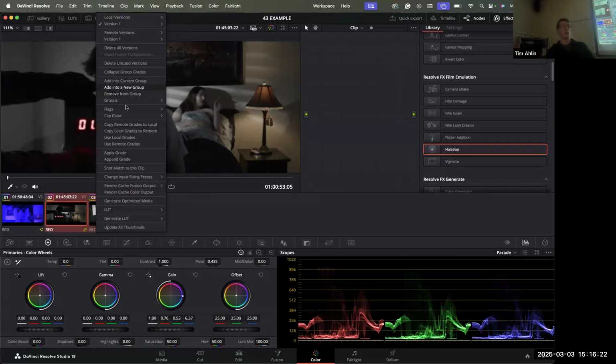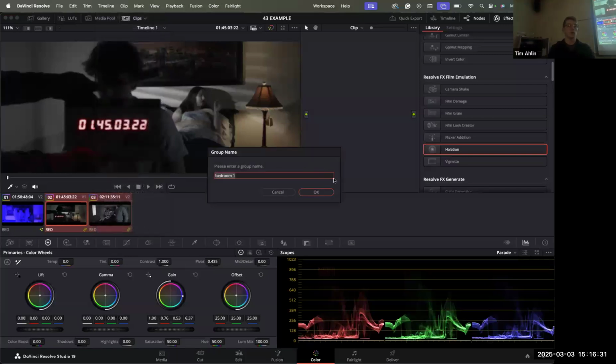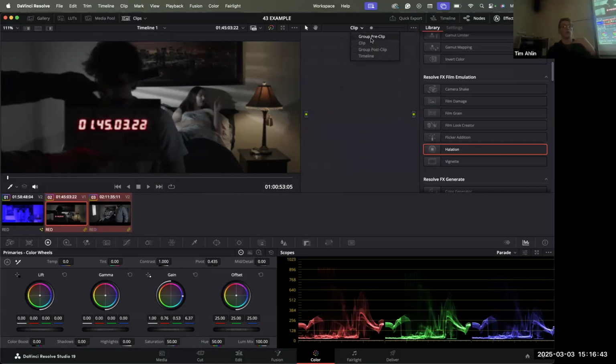So right-click and then just click the clips together. Go up here and it says "add into a new group." I already have these two clips together. So now after the change, it's in our group pre-clip. If you're imagining different layers together, because they're in a group, it's the top